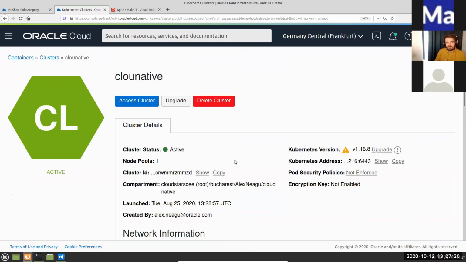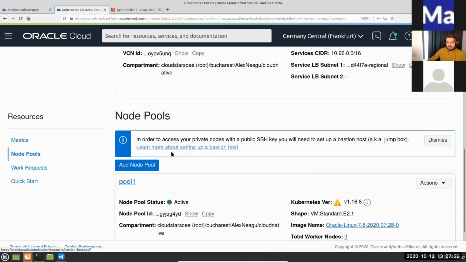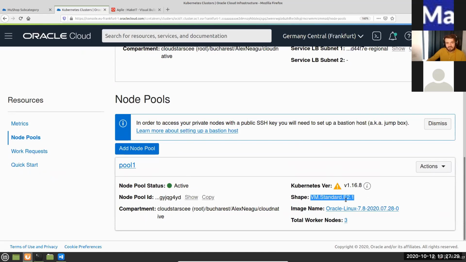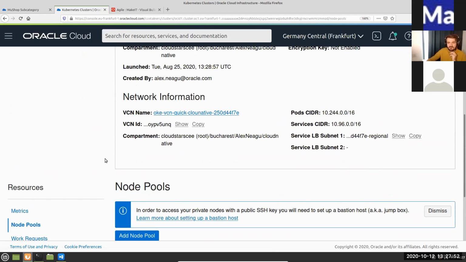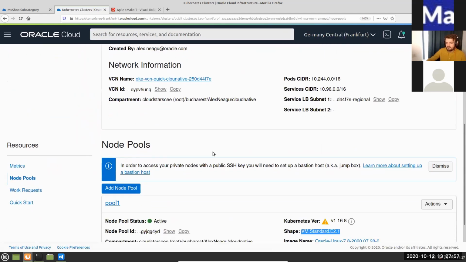The management nodes are basically handled by Oracle. All you have to do is handle the worker nodes. So here with different node pools, you can create virtual machines or even bare metal hosts, which are going to host the pods and the workloads, the applications which you are going to deploy in the Kubernetes cluster itself. Very important to remember, you're not paying for the management part, you're paying only in Oracle Cloud for the infrastructure underneath these node pools. And this is why, besides the functionality of the service, this is a very strong offering in the Kubernetes space. So the provisioning part is quite simple.